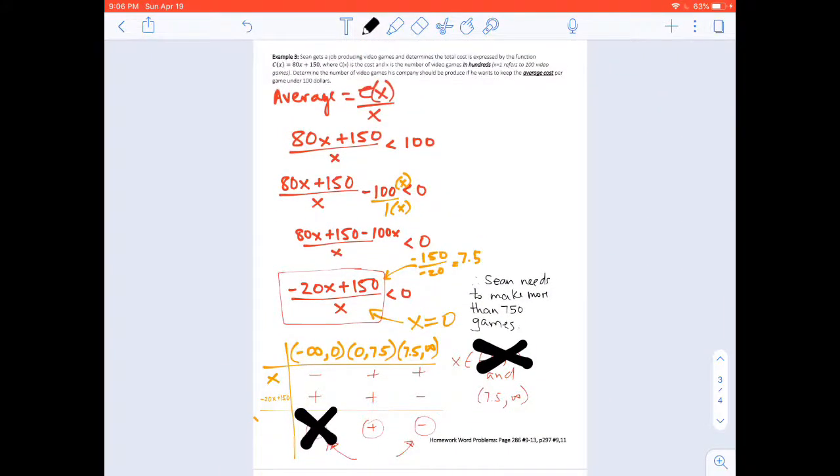I know I kind of zoomed in a little bit there, but you can pause at any time, have a look, or go back. There's a few questions in your book for word problems down at the bottom if you want to give them a shot. But that's the end of Chapter 5, solving rational equations, inequalities,